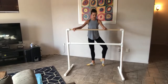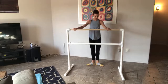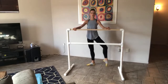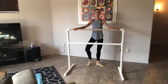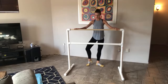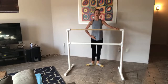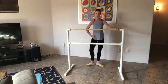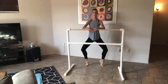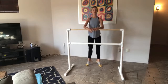leg demi, and point, careful not to sickle here as we increase that turnout, push, other side, demi, point, and demi, and down, and push, not lifting the hip or the thigh, just the toes, rolling through, reverse,